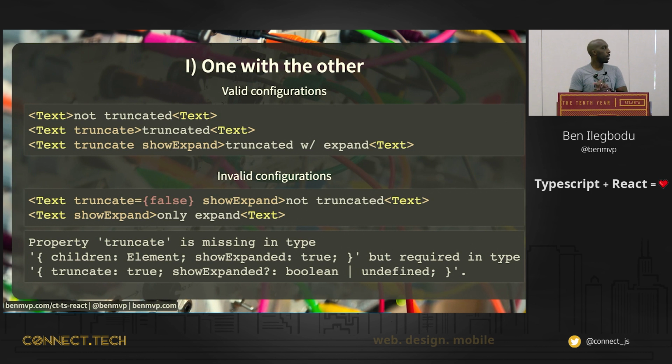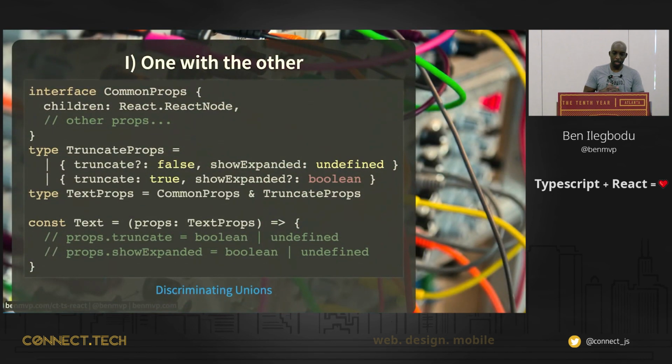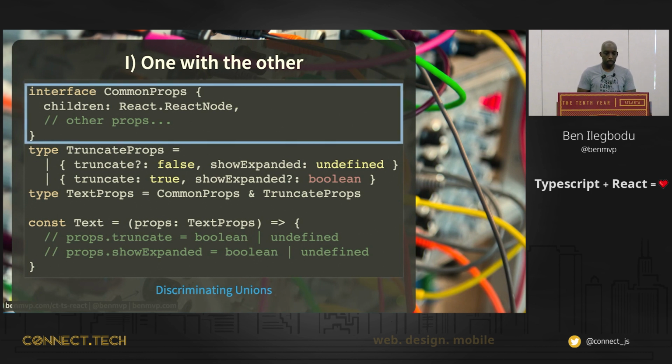So let's see how we can improve the developer experience so we can get errors in this bottom case when people do that. Okay, here we go. There are a couple of ways that you can set this up, but this is my preferred one. So let's break this down. This is kind of applying advanced TypeScript to React. Here we go. So first, we can define what I call the common props.